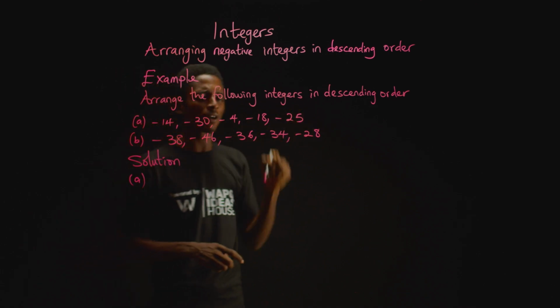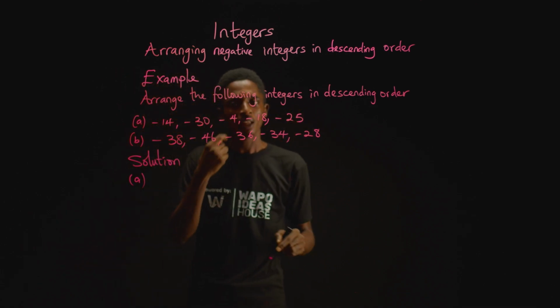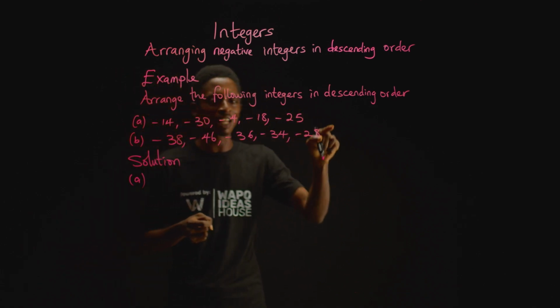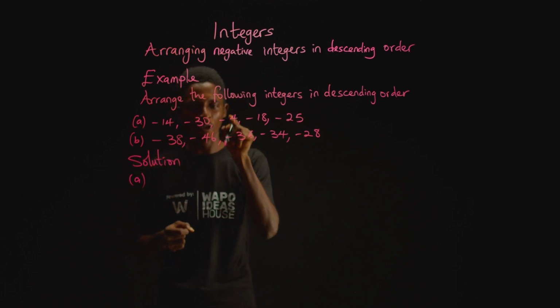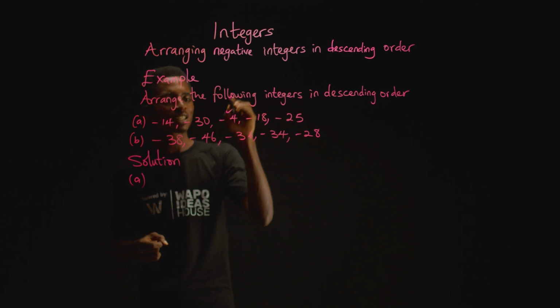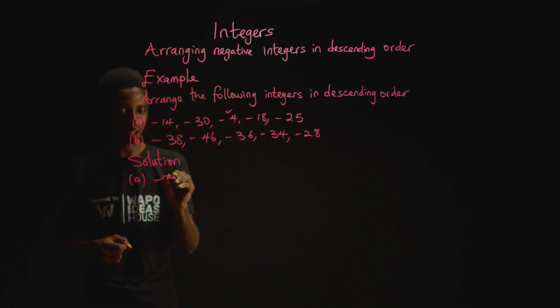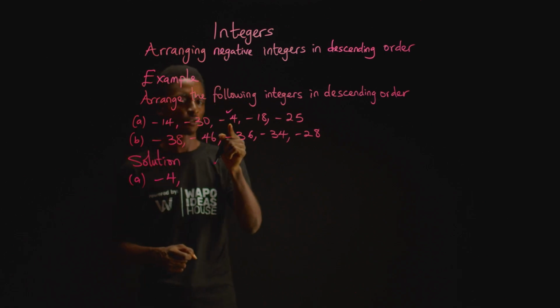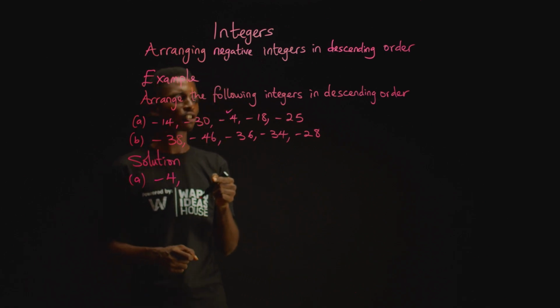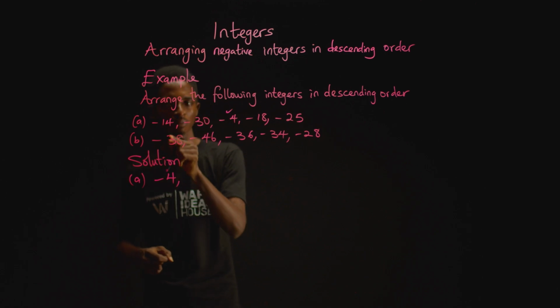For the first group of numbers we have here, the number that is the largest of them is one that appears small, which is minus 4. So starting from the largest number, which is minus 4, we then go on to the smallest of them. So from minus 4, the next number will be